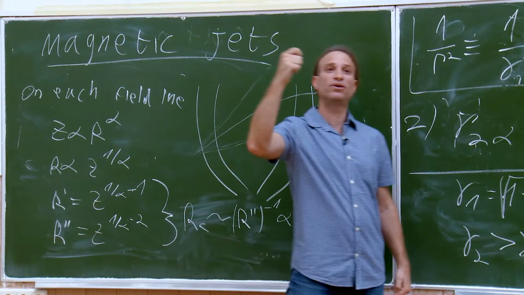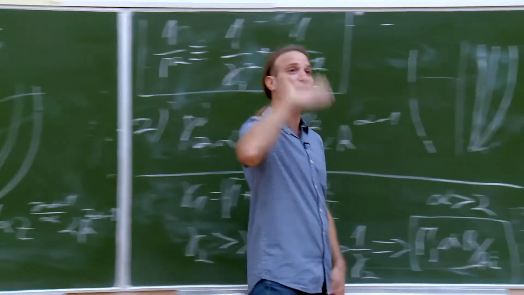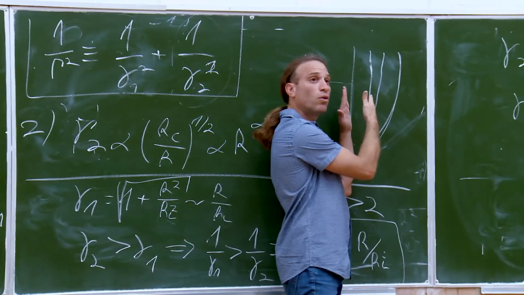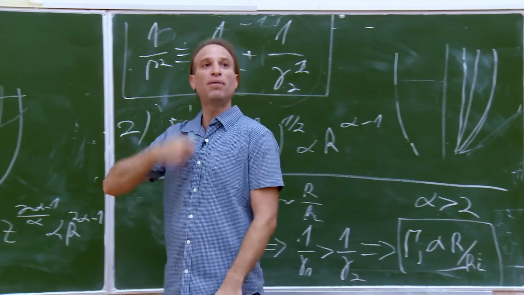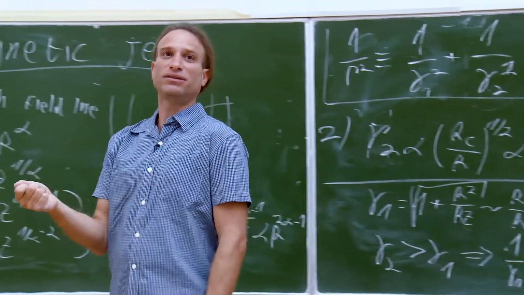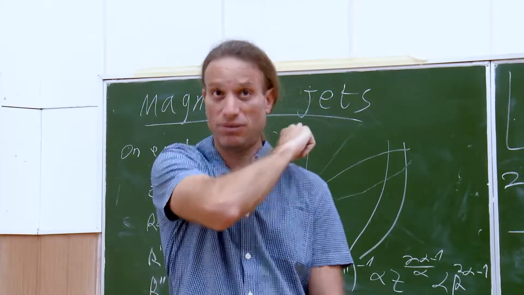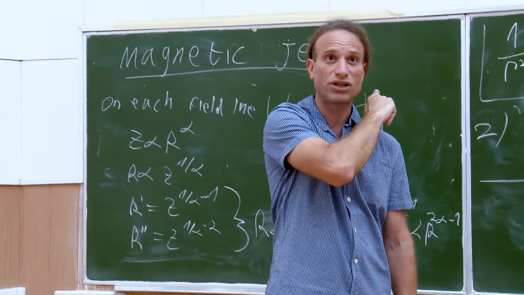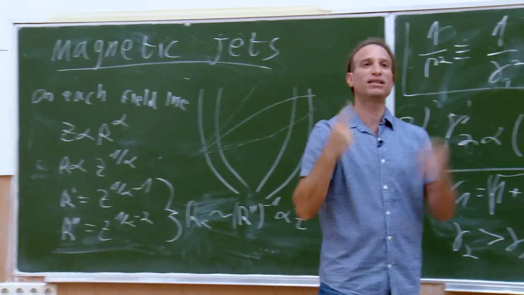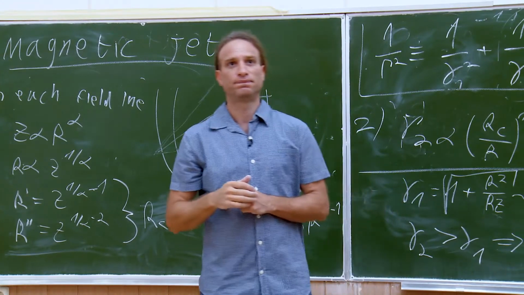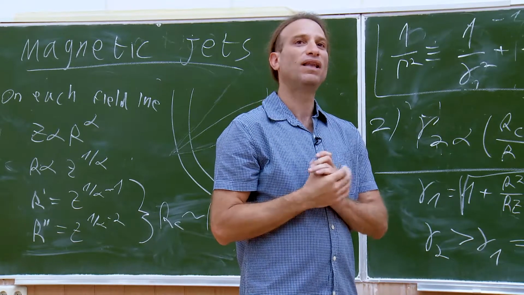Tomorrow I will show you other ways where it breaks down. In order for this to break down at sigma equal to 1, you also need very, very small opening angles. If you have large opening angles, something else happens: you become causally disconnected. So two things need to happen. First of all, you need to be causally connected, and I will explain what causal connection is tomorrow. You need to be causally connected to the axis, and you need to be magnetically dominated. Okay, last question.